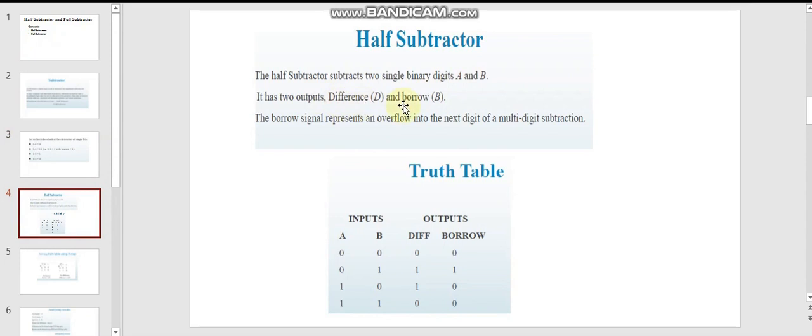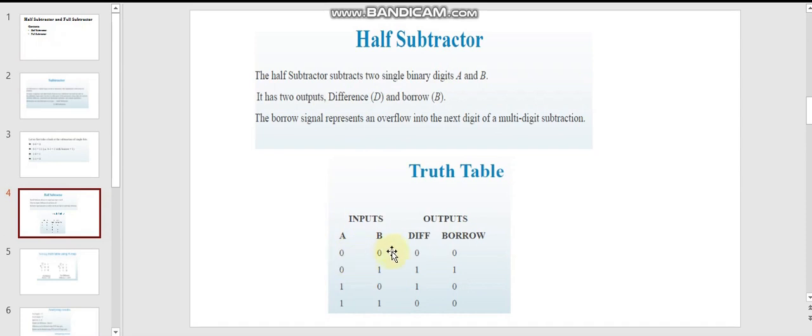It could be a difference and a borrow. So the relationship between the inputs and outputs is defined by the truth table, as I already described in the previous lecture. Here A is the minuend and B is the subtrahend. So when I subtract B from A,